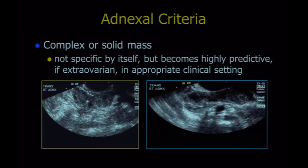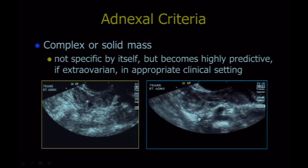Pedunculated fibroid might occasionally be a problem, but the vast majority of the time, these masses outside the ovary in this clinical setting are going to be a tubal pregnancy. So here's a patient with the ovary here. Here's this kind of heterogeneous hypoechoic mass adjacent to the ovary. Here's the video clip